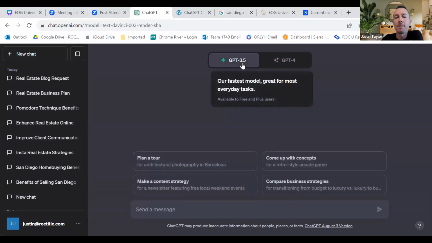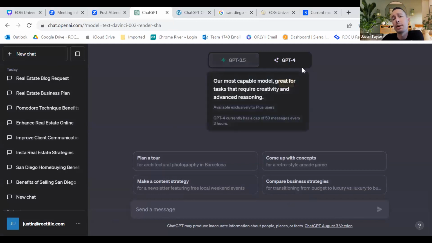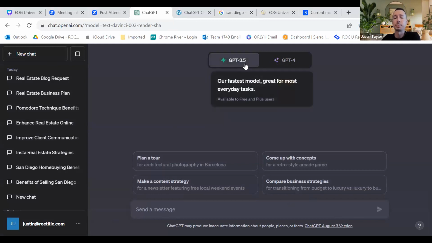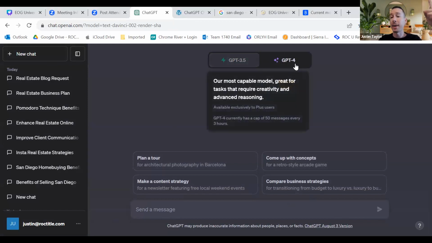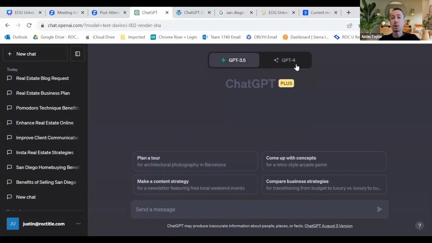GPT 3.5 is going to be great for your everyday models. The difference between the two really is a couple things. One, paid users get premium usage. I'll say that. So sometimes there are so many users that the servers get bogged down, and if you have the free version, it'll say come back later, right? In an hour, in whatever it is. GPT-4 users, there's no waiting time. You can always access it, okay?